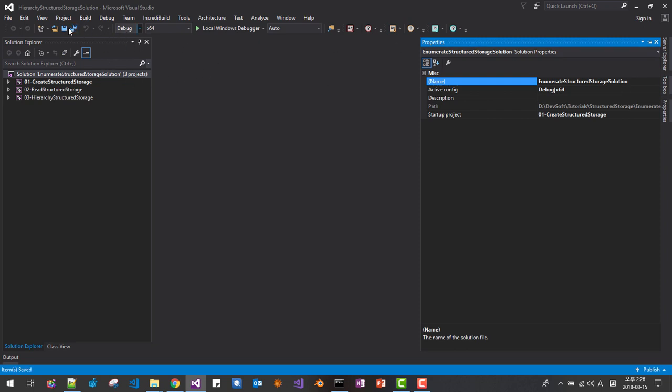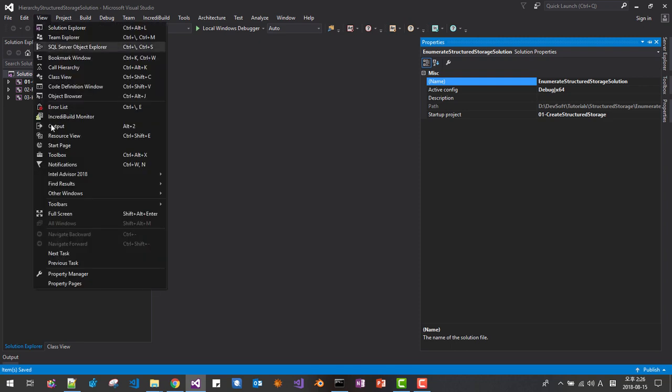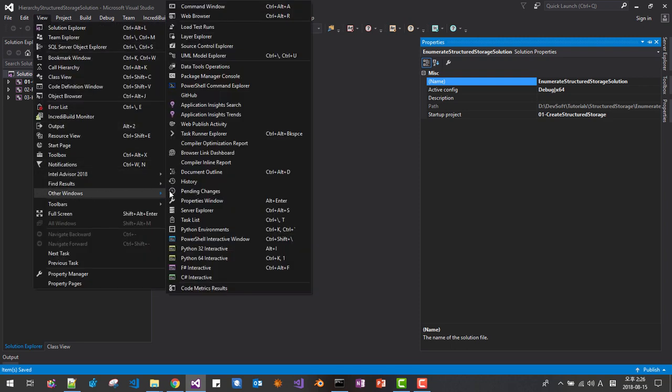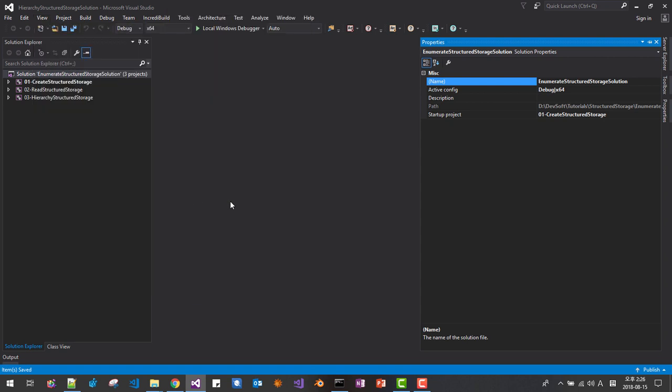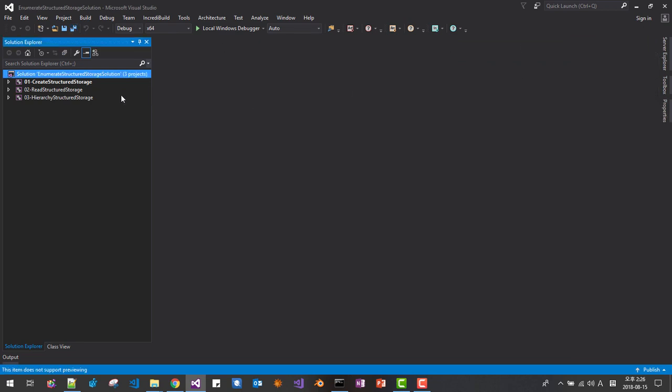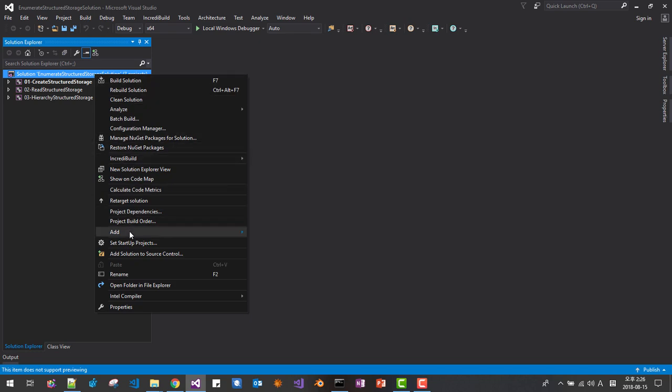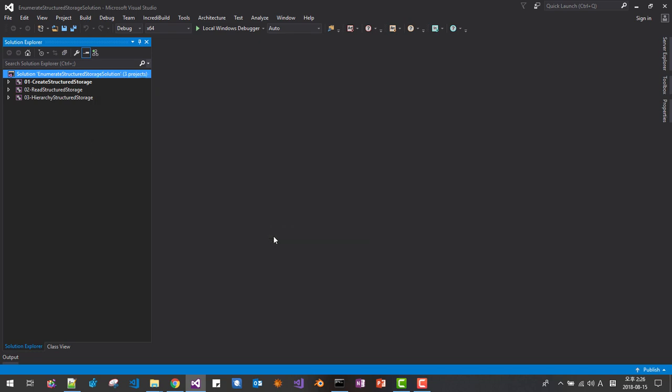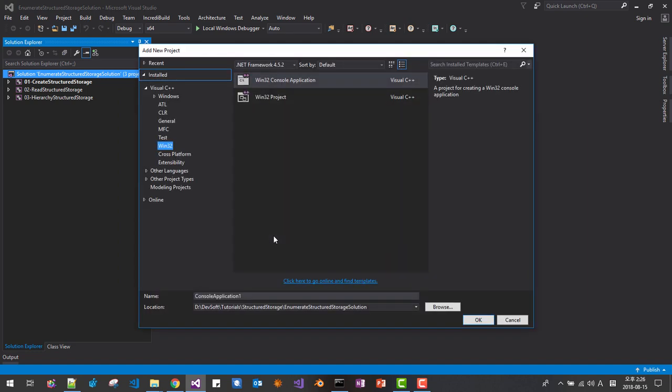If the property window is not displayed on your Visual Studio, then you can open it like this. Now we save it. Then here we will add one more project, a console application. I will name it enumerate 04